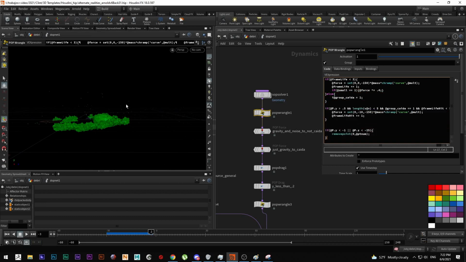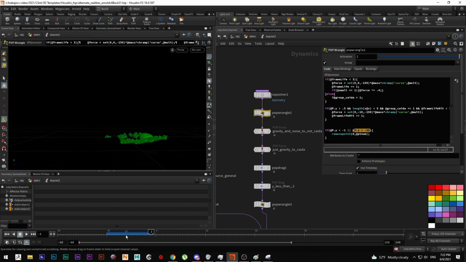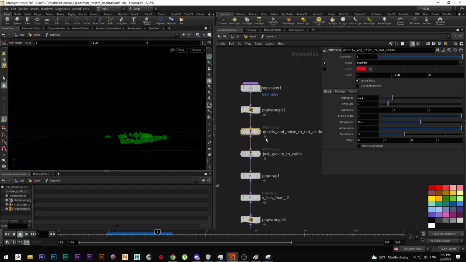I also have some killers. See, when the points are below the ground, they get deleted, and when they are less than negative 25, hence around here, they get deleted. This is to save space on the disk. And I just added some groups. So when it's not falling, hence it's flying at a gravity going downwards. When it's falling,